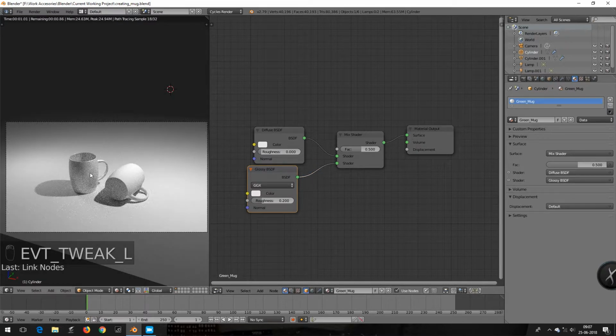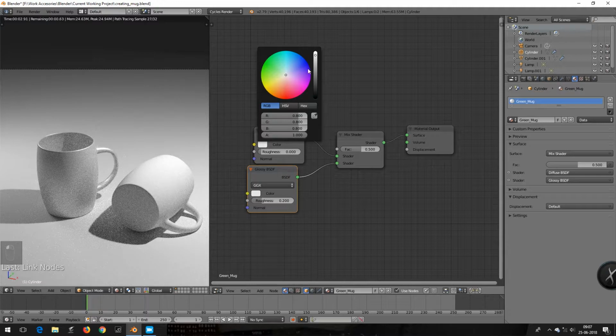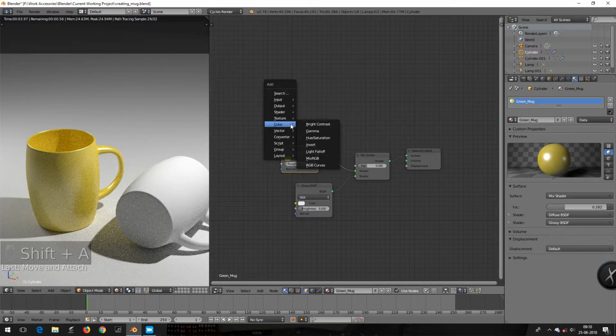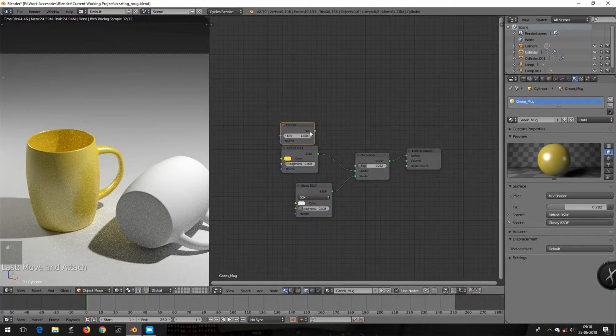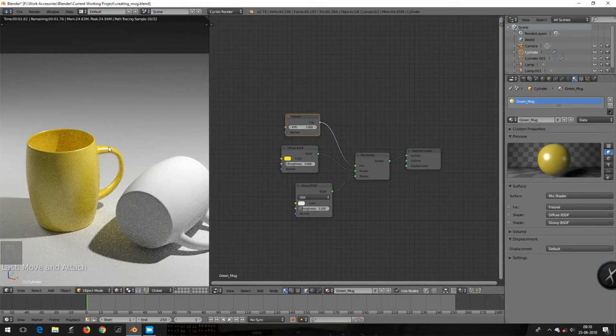If you want to give another color to your object, you can do that also. Now I'm also adding a Fresnel node and giving the IOR a value of 2.35, and connecting it to the factor in the mix shader, and also giving the glossy roughness